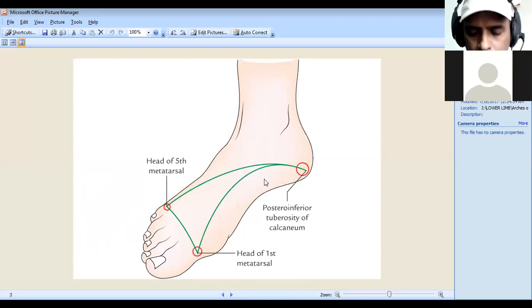So what you should know, the arches of foot. In this you have to remember the foot has to act as a pliable platform to support the body weight during walking, running, and jumping. To meet all these requirements in the sole, that is done by the arches, which are maintained by the bones, ligaments, and muscles. They all will maintain the arches. So that you have to remember.